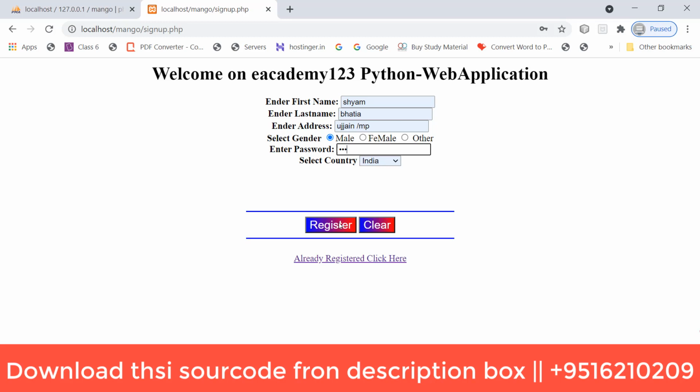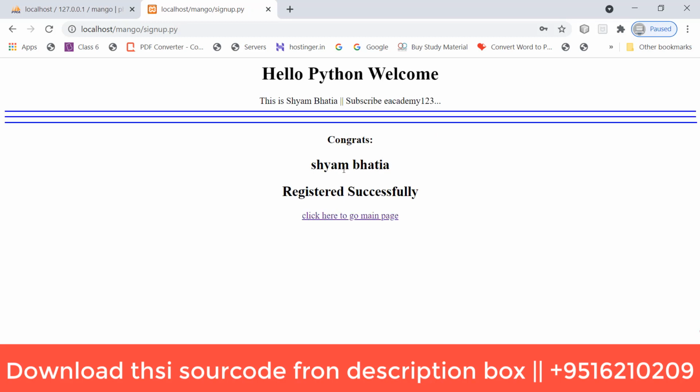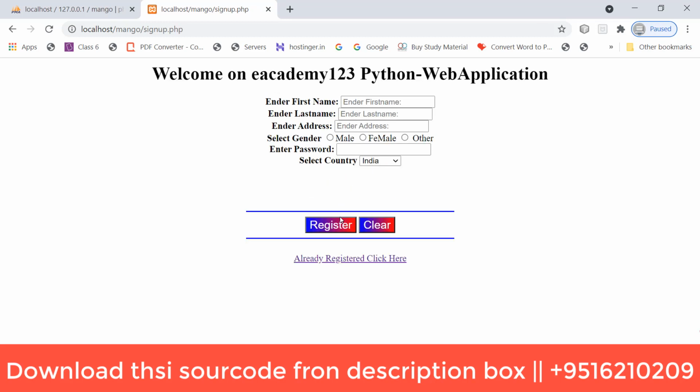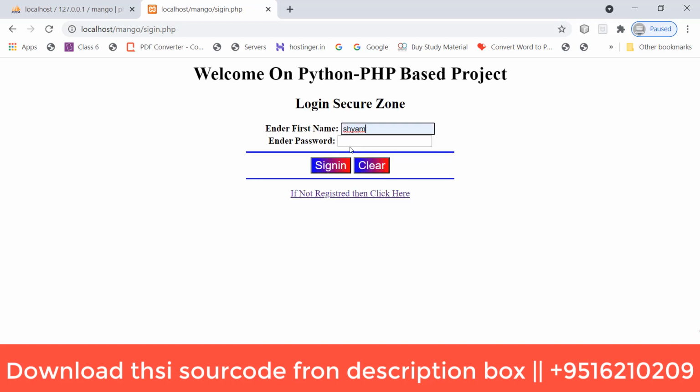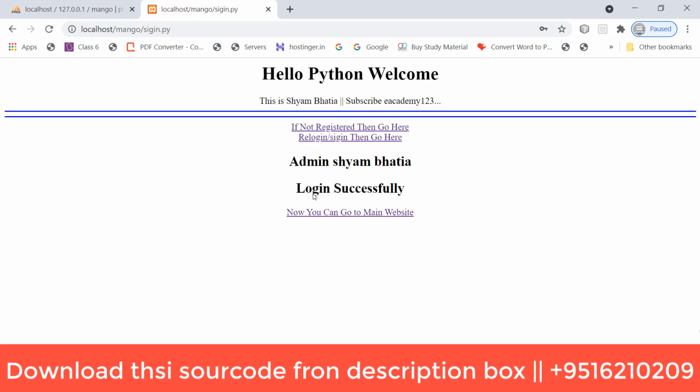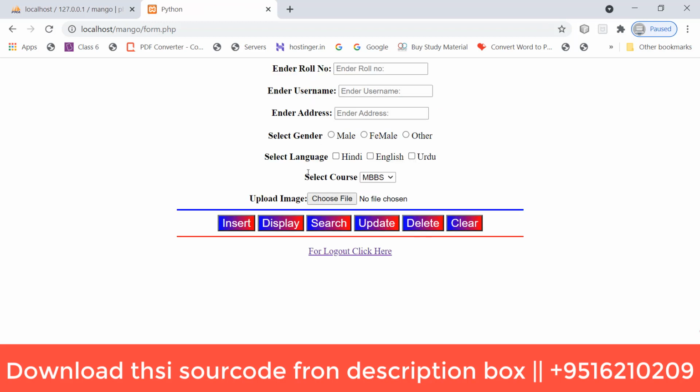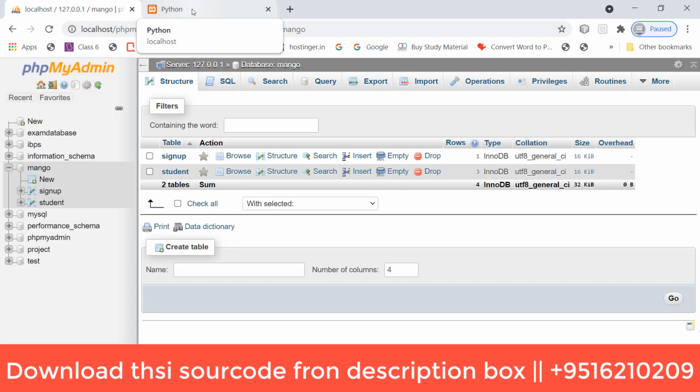After registering it, yes, I am registered. Click here, and I am registered already. So go with Sham and password 121, and yes, registered Sham Bhatia successfully. Go to the main website, and these are all the operations. Okay, so this is my proper way.